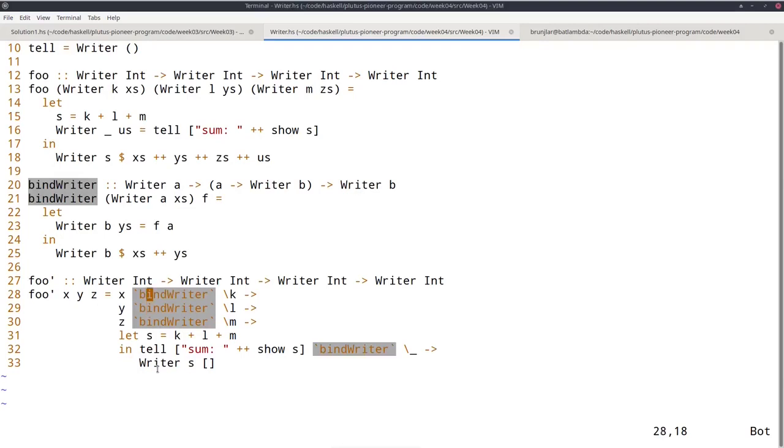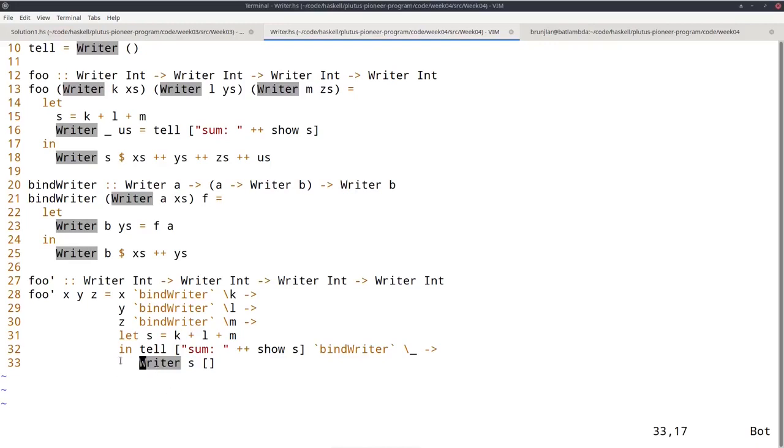So as before, we have this business logic. We have 3 computations that somehow result in an int, and we form the sum and return the sum. But note that the special aspect of these computations is completely different. In the maybe and either case, we captured the notion of failure, that something can go wrong. Whereas here in the writer case, there is no failure, but we have additional output, these log messages that we